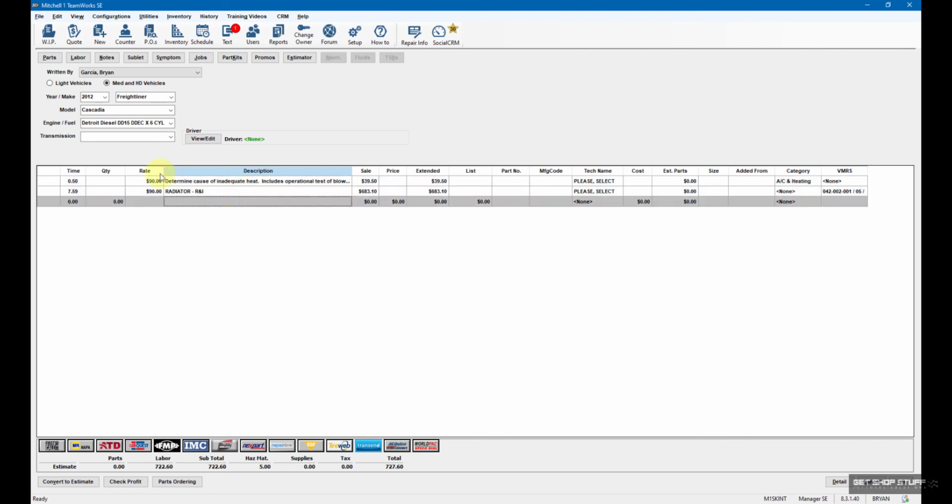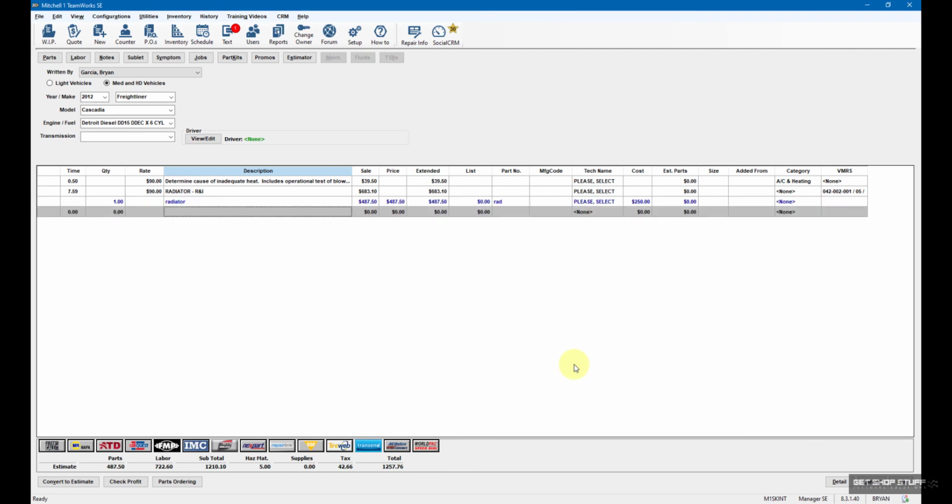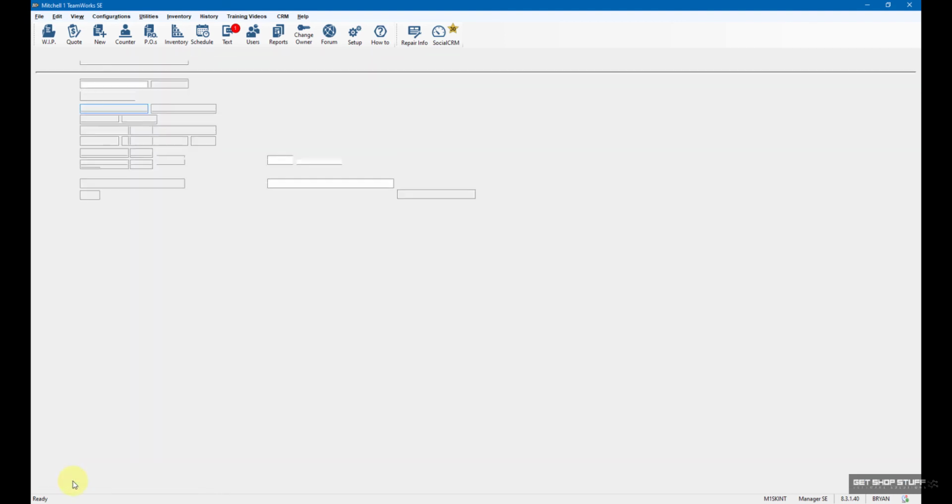And then if I wanted to, I can easily click on parts, and I can add in my own part here. And this program, I do have a markup as well, as you can see. So it's saying, well, if I put 250 at that 48.7, I'm going to get 487.50, and then I can hit done. And I can build the quote this way. And this is something that would work in the CVG version of the Manager SE that will connect with the